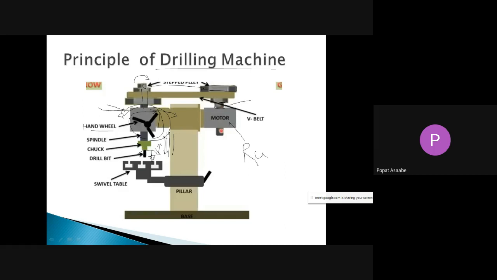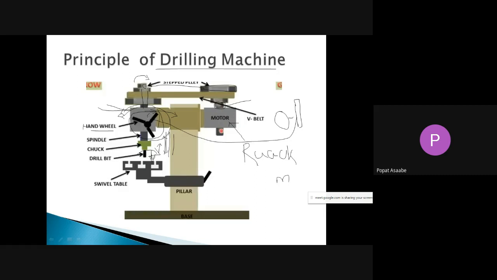What is the function of that rack and pinion mechanism? The function of that rack and pinion mechanism is to convert the rotary motion into the linear motion. That same concept we are going to use in this spindle head.